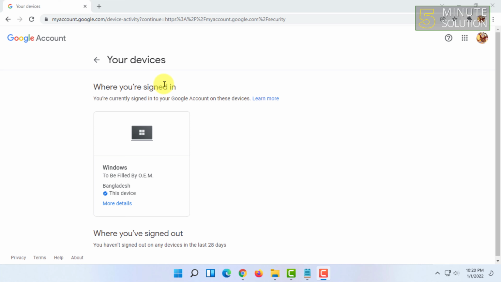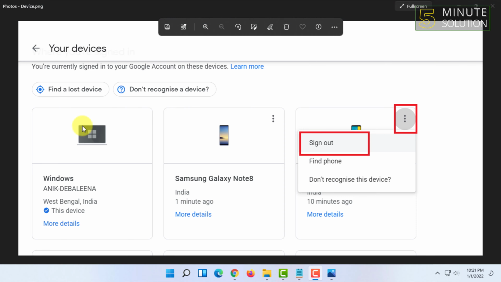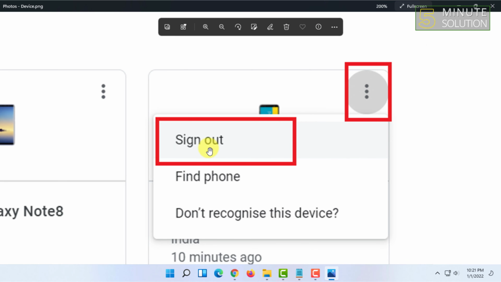So currently I am using one Google account in one of my devices, that's why it is not showing the other devices here. So the thing is, I'm going to explain to you guys in another way. You will find multiple devices here. So all you have to do is, I'm going to show you a picture. You will find your other devices here. In other devices you have to click on the three dot like this picture and click on sign out,